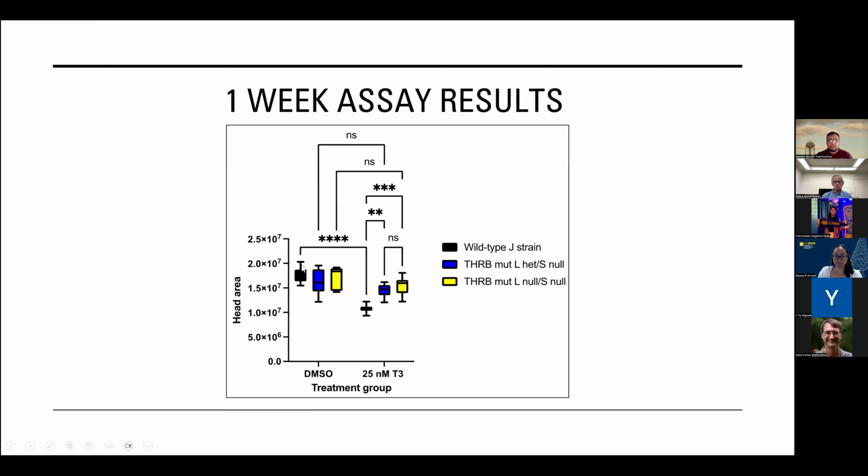And then if we look at the L het animals between DMSO and 25 nanomolar, there's a slight reduction, but not as extreme as with J. And if we look between DMSO and 25 nanomolar for the TR beta knockouts, they're virtually the same. I mean, there's very close overlap. Then we can compare between treatment groups as well. With 25 nanomolar, the J is very low in head area, but TR beta L het is much greater, and then TR beta knockout is a lot higher. In fact, it's the highest of all of them, showing that